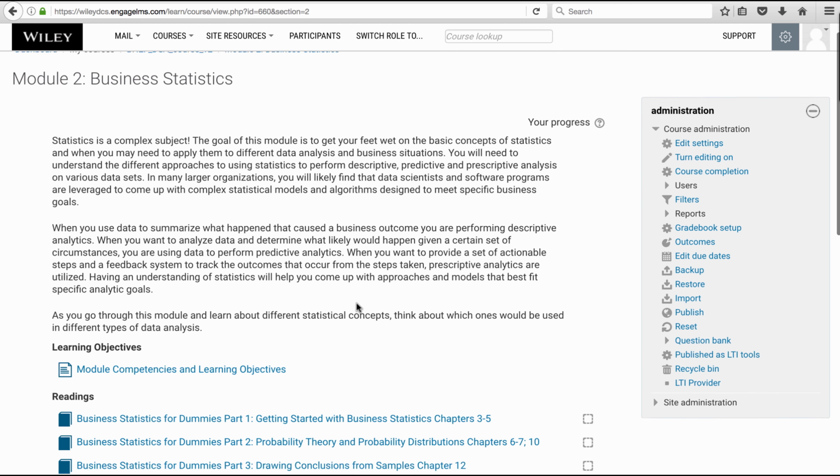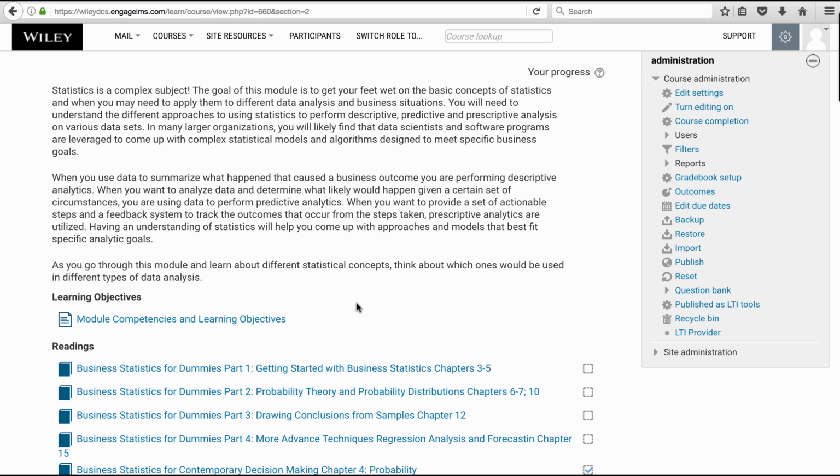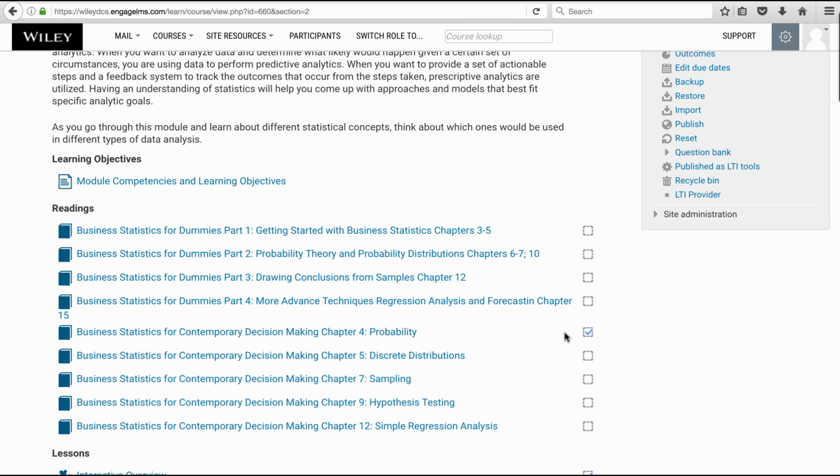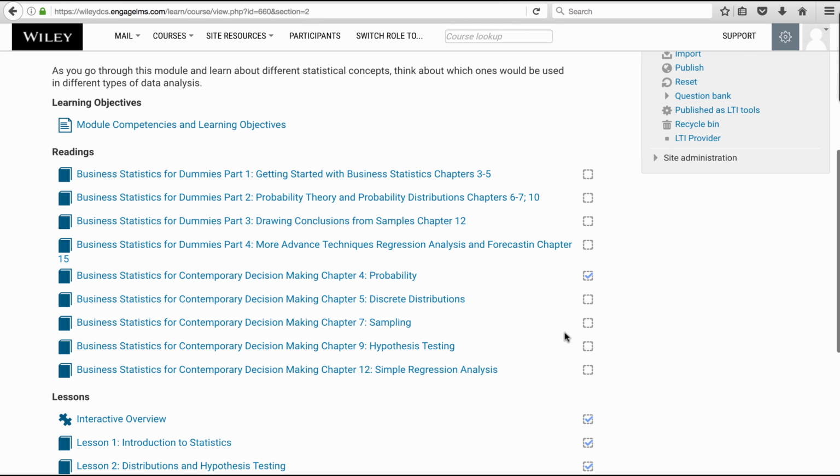If I go into module 2, for instance, I can then see all the material for that. On the right hand side of each one of the activities in each one of the modules is a little checkbox. So if a participant has been in the course and has accessed that resource, a check will